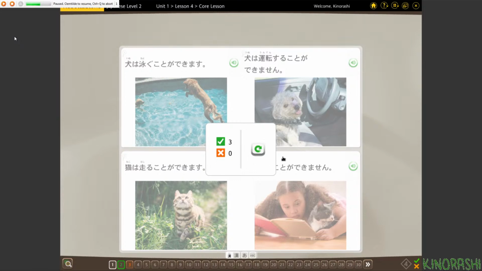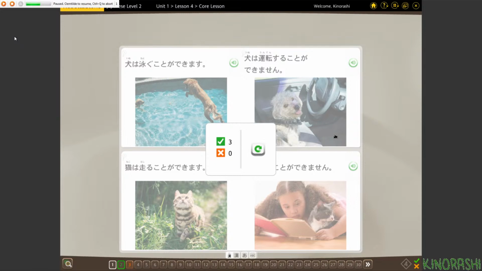I can only speak a little Japanese. You can say I can speak Japanese as Nihongo